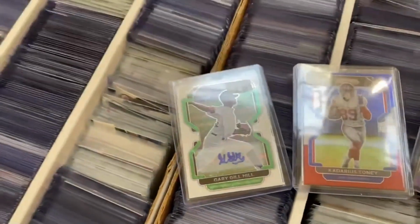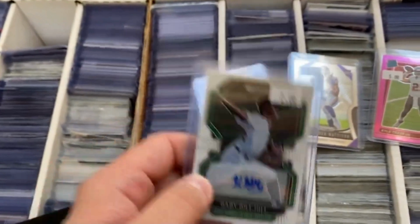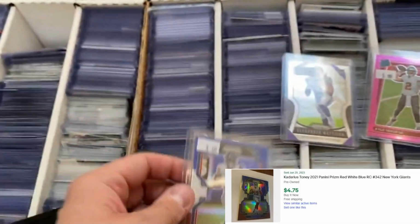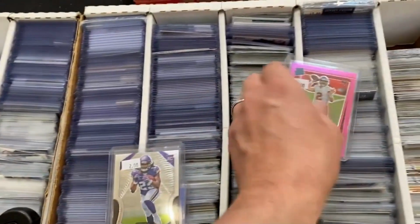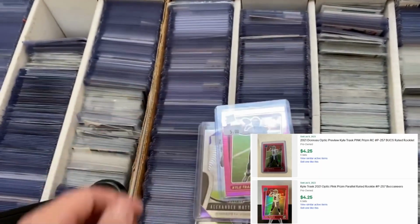Started out with this Gary Gill Hill. This is going to be a Prism Draft auto out of 50. He's a lower rated Rays prospect. This Kadarius Toney red, white, and blue. An Alexander Madison Prism base. And then a Kyle Trask pink optic preview. Going to be interesting to see if he beats out Baker Mayfield and gets the starting quarterback job for the